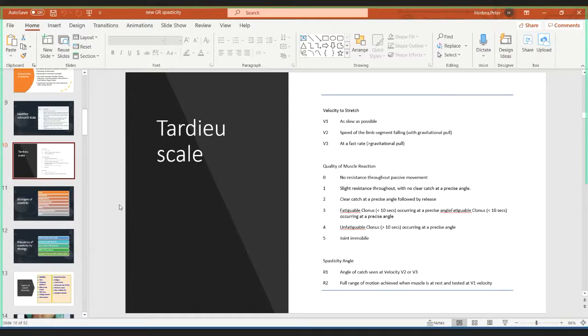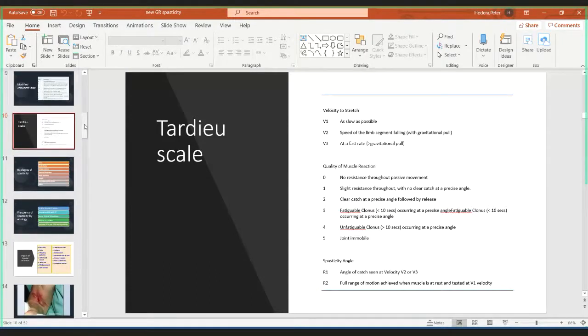Again, we don't have to go through the full description, but just be aware, if you see some notes from even physical therapists, so you at least know what they're talking about if they use the Tardieu scale. There are some additional components, so there are also functional assessments. I didn't really include them in this talk,